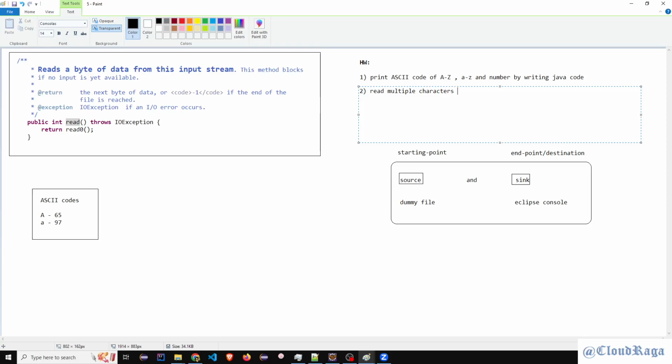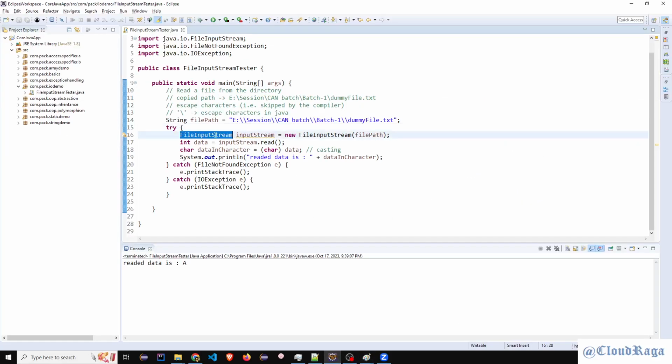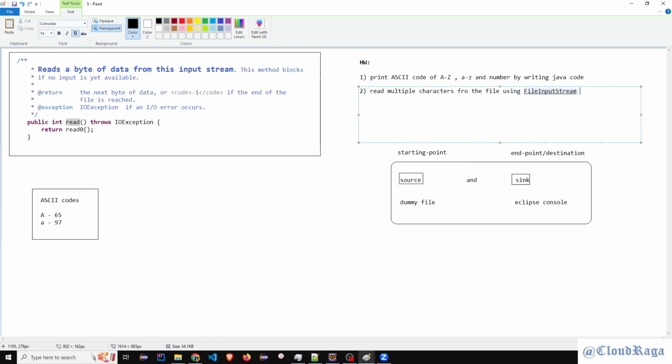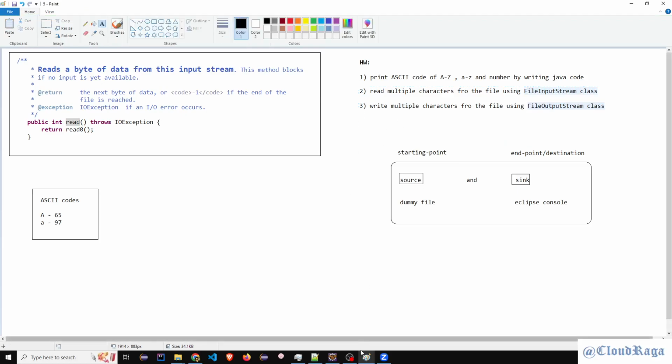Read multiple characters from the file using the same file input stream class. That's the condition. Same will happen when we write. I'll show you how to write one character, and you guys have to practice multiple characters. And this time the class will change to the output stream class. Okay, so homework is done.